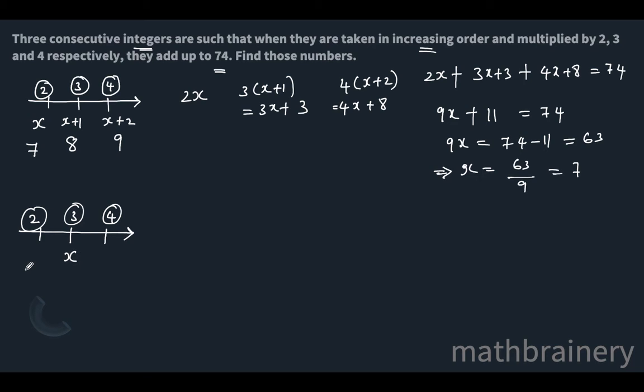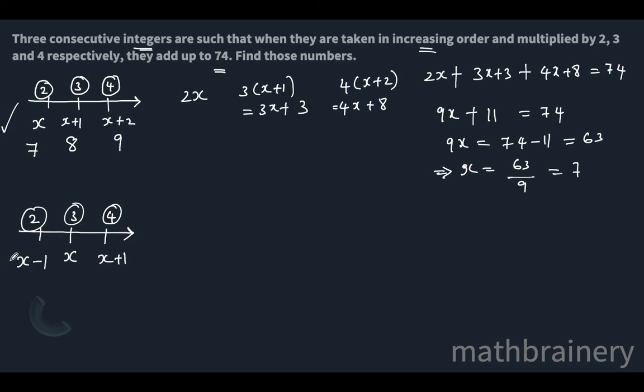Then what should be the previous number? It should be x minus 1. And what should be the next number? X plus 1, isn't it? So, now I am going to choose the three consecutive integers as x minus 1, x and x plus 1. So, you can choose the consecutive integers as x, x plus 1 and x plus 2. Or you can also choose the consecutive integers as x minus 1, x and x plus 1. What happens when we try to solve the same problem using this logic?